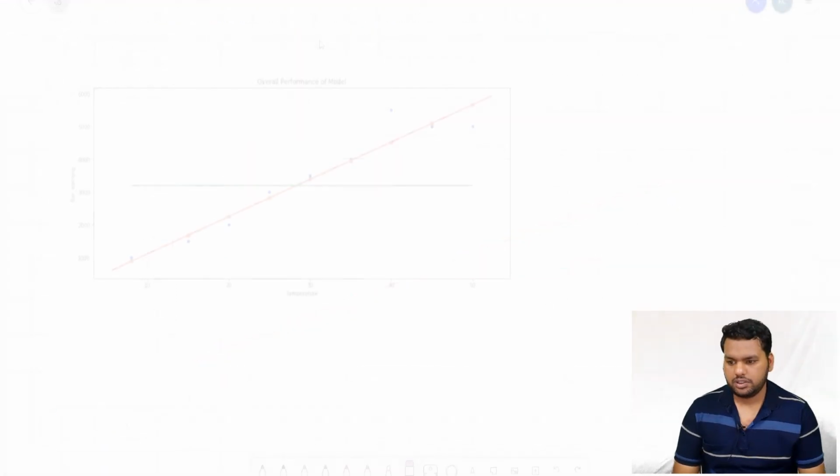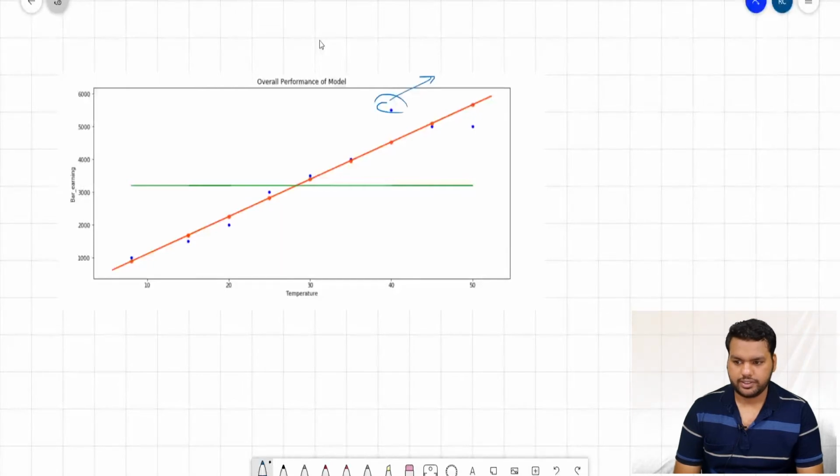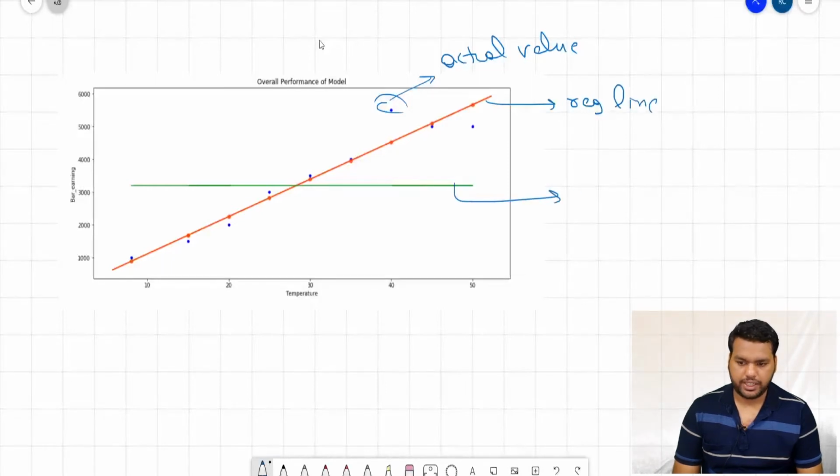So before that, this is the linear regression line we get, right? Now this is the actual value, and this is our regression line, and this is our mean line.